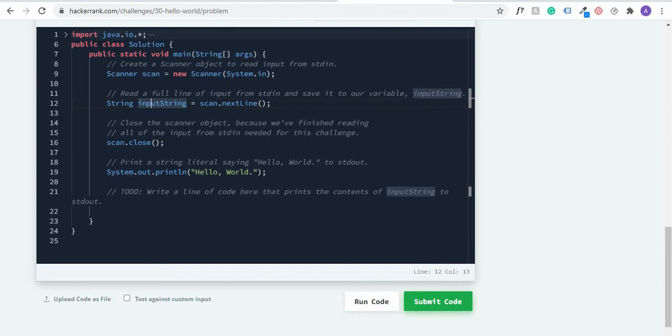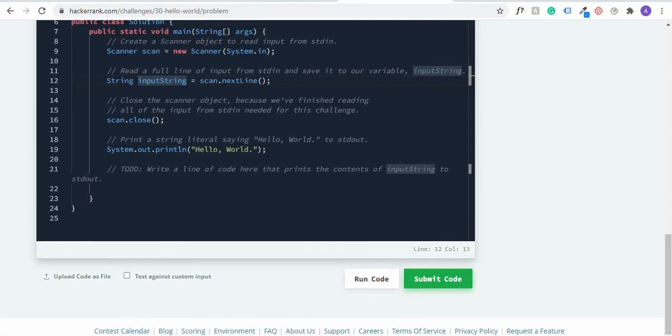Now, in this part, they are saying, okay, system out.println hello world. You remember this system out.println from the code that we used, that it is just bringing out hello world. That means they've solved half of this thing for you. If you are not seeing it here, you just simply put this one that I have here, but you should be seeing it in your own. That you have system out.println. So now your task is to write a line of code here that prints out the content of the input string. This input string here is the same as here. So what are you going to do?